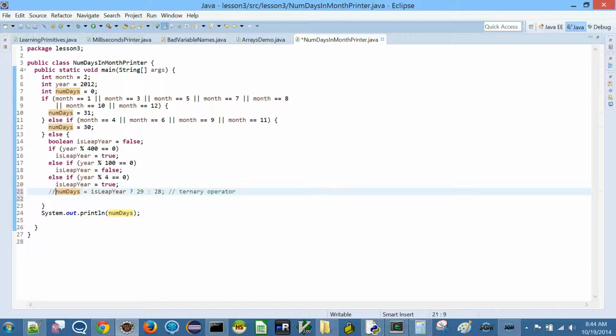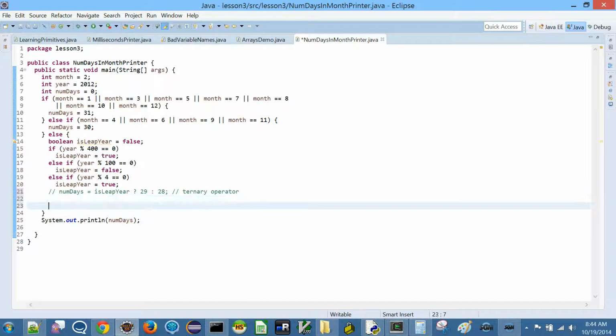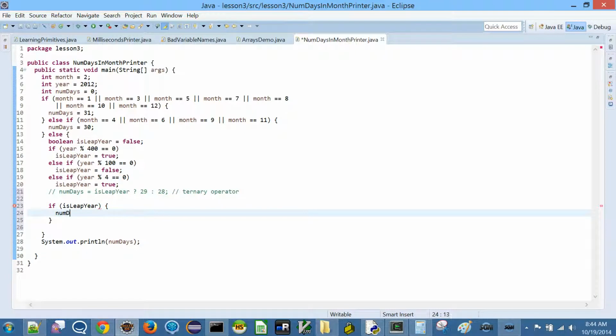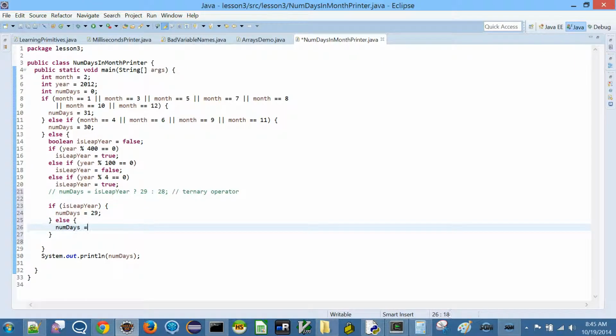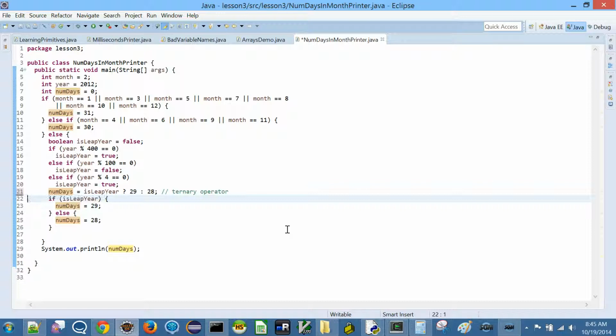For a moment, let me comment this out and say if isLeapYear, then numDays equal to 29, else numDays equal to 28. This is not as succinct as this statement, which does the same thing with fewer lines, so you can delete this.